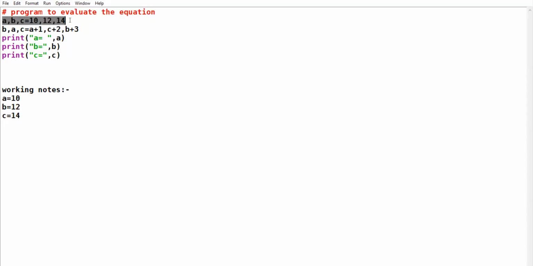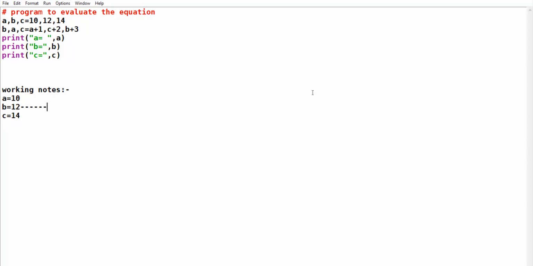Now come to this line. The first variable from the left side will get the first value on the right side. The second variable on the left side will get the second value on the right side. The third variable on the left side will get the third value on the right side. Now tell me the new values. पहले बताओ b की वैल्यू क्या बनेगी? Yes, Riddhi.